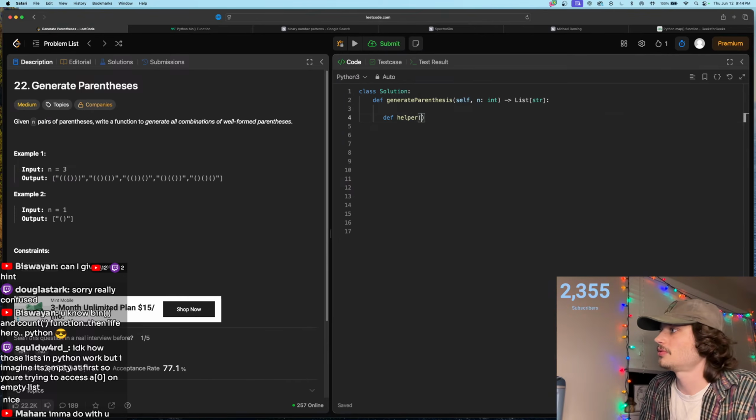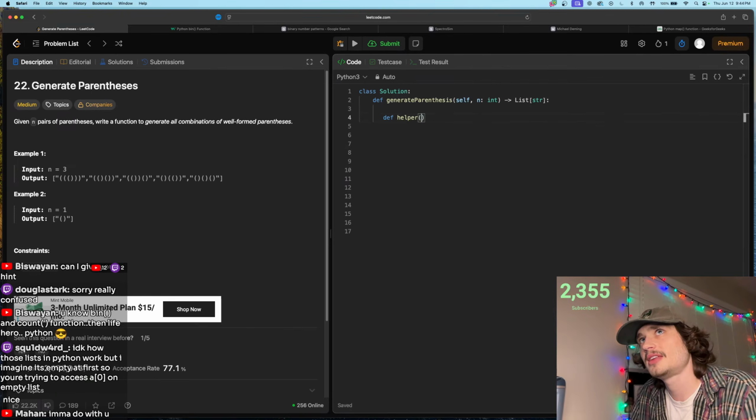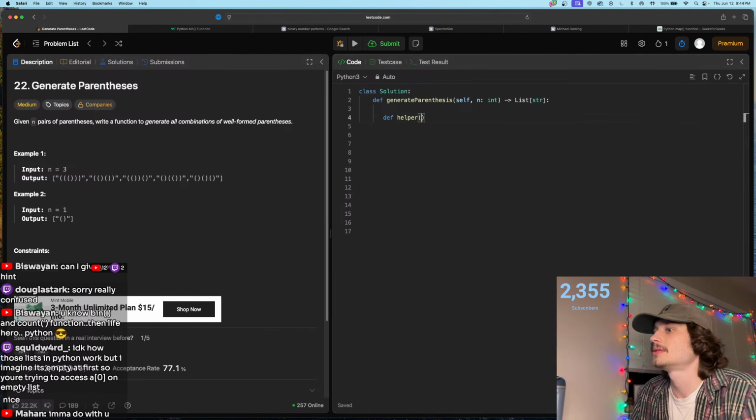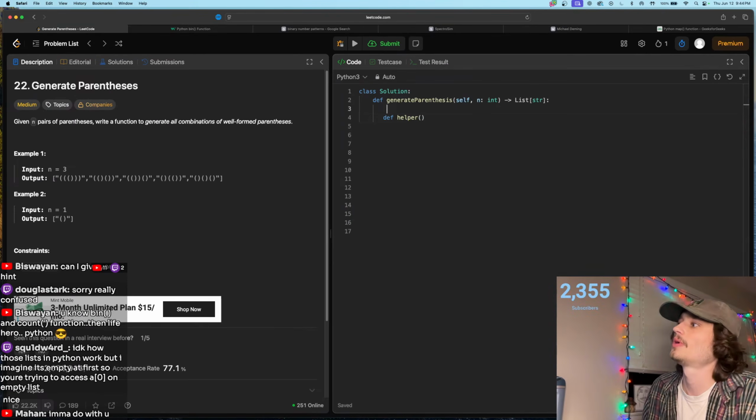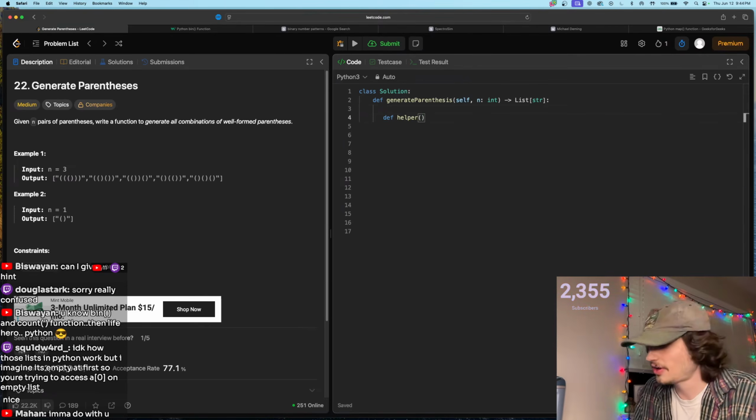So we have this helper function, and we were right yesterday, I think, needing to track the amount of lefts, the amount of right, or opened, closed, and in addition to that, we'll need to track the total number remaining, right? So if I say def helper, I'm going to call helper. It's going to say open,